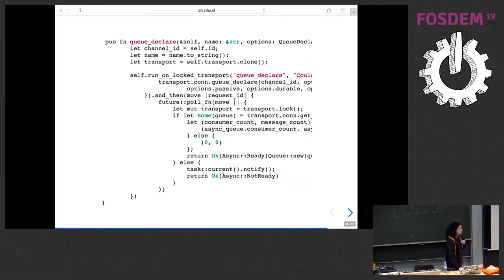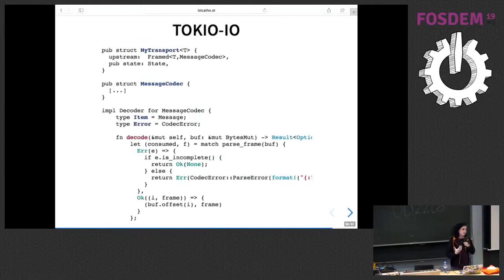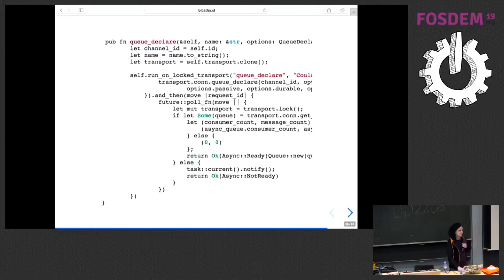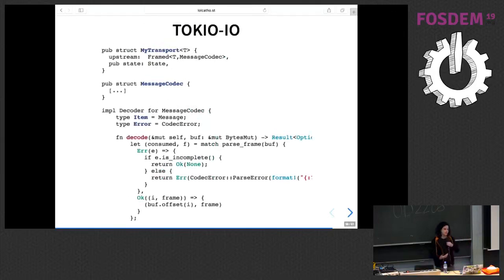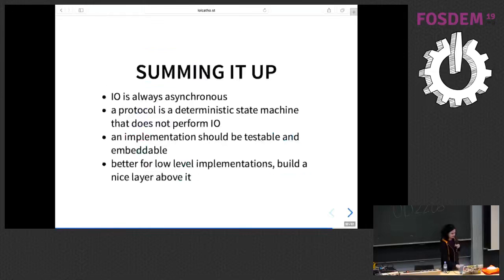On the parser side, there's a very nice way with Tokio IO to do that. It's called transport, and you build a structure that has a decoder, and the decoder will get passed some data here and there, and you use your nom parser on that data, and it will tell you, okay, I consumed this much data, you can remove this much from the buffer, and it gives the messages to your state machine afterwards. So it's a bit of work, but you can make a very nice protocol implementation that's asynchronous, that can be used in C and any other language.